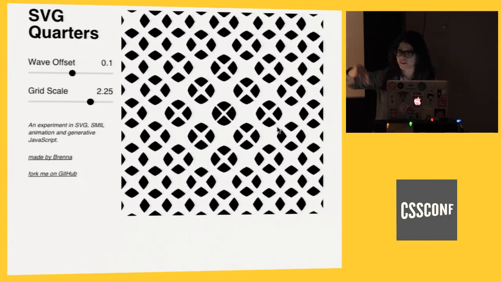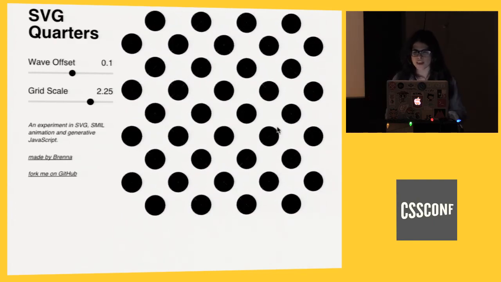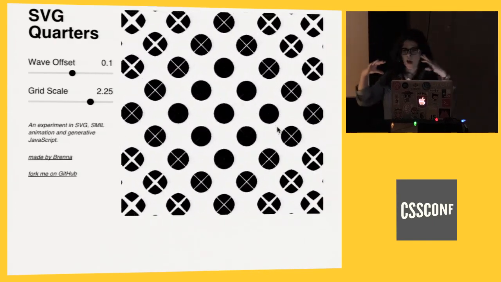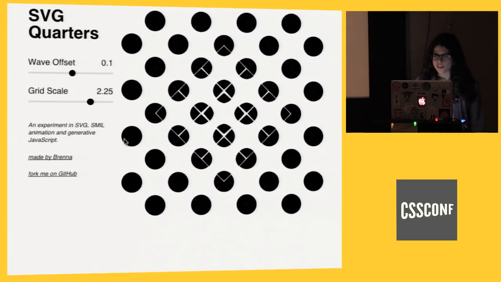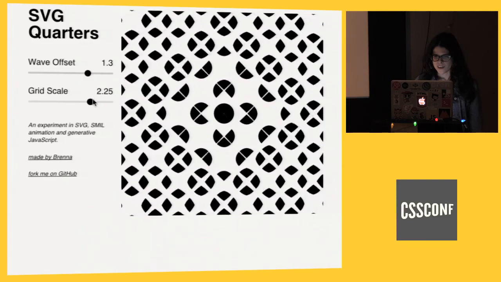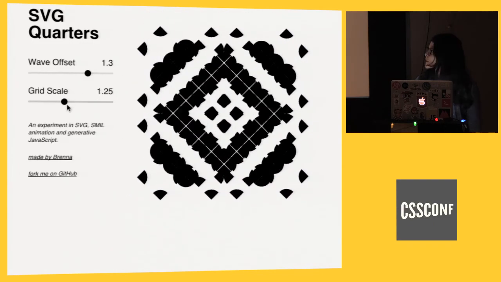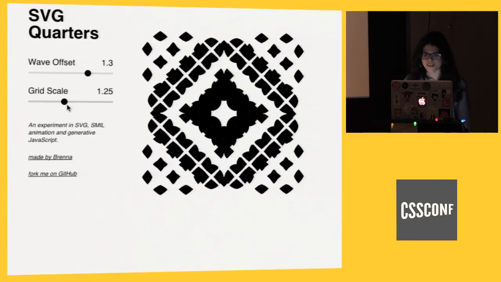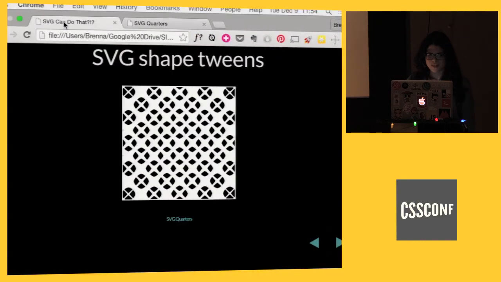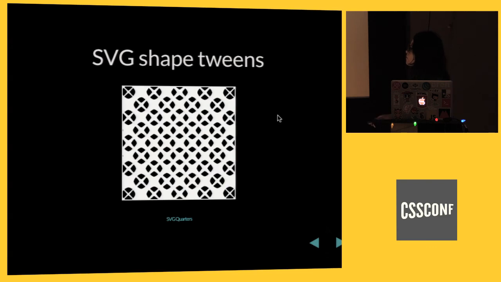There's one circle that gets cloned with JavaScript, but the main animation of a quarter morphing into an opposite-shaped quarter is all done in SVG, and then you can play around with it in JS to get it to go kind of kaleidoscopy. So that was kind of fun. Yeah, so a simpler example of this,